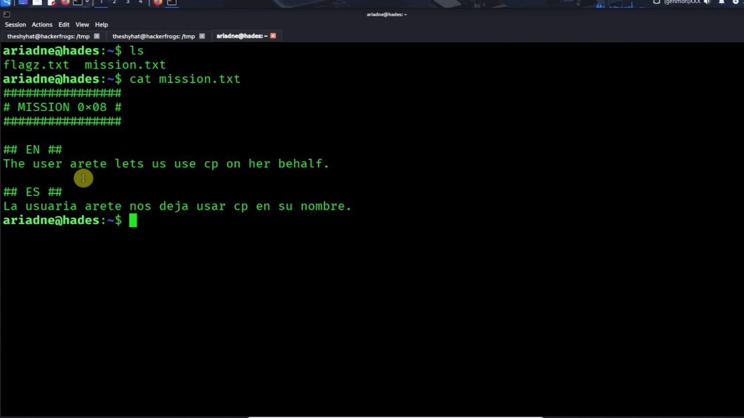The user Ariadne lets us use CP on our behalf. Okay? So that means that the Ariadne user is the user whose password we need to steal to get to the next level. So CP is the copy command on Linux, and what we would do is try to figure out if our user can run any sudo commands. So sudo commands are commands that are run in the context of another user. Usually when we refer to the sudo command, we're talking about sudo as the super user, which is named root